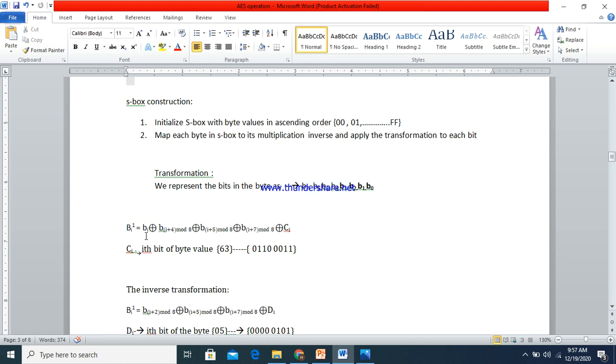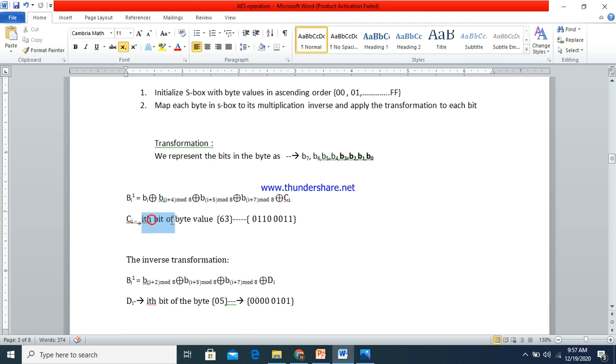Bi XORed with B(i+4) mod 8, XORed with B(i+5) mod 8, XORed with B(i+6) mod 8, XORed with B(i+7) mod 8, XORed with Ci. So what is Ci? Ci is the ith bit of the byte value 63. Like, if I am taking B6, then the sixth bit of the byte value 63.